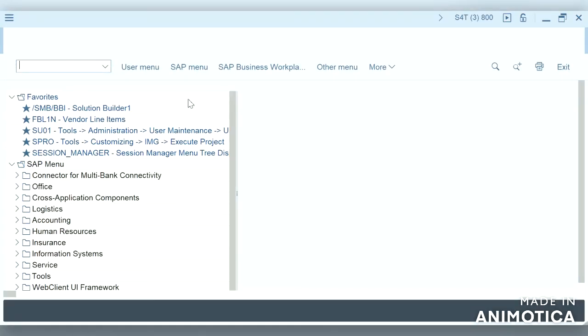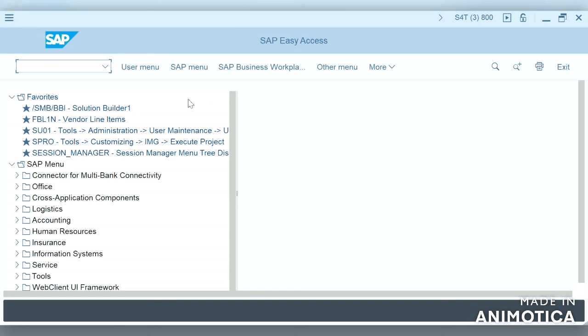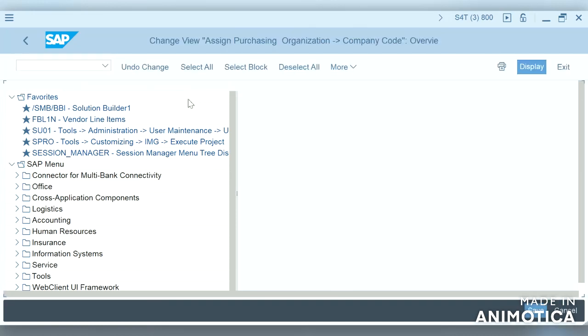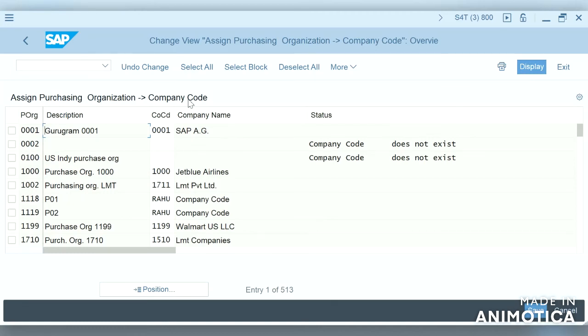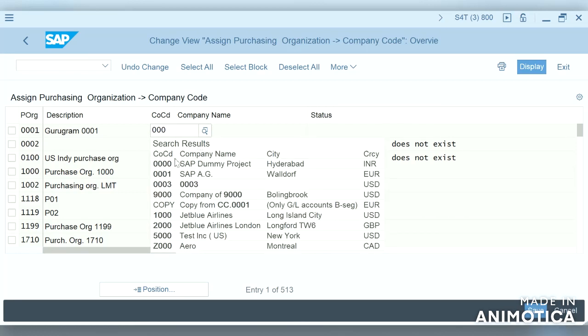Let me create some configuration. It might be a company code one, OX. I just want to show you the example of how it looks.